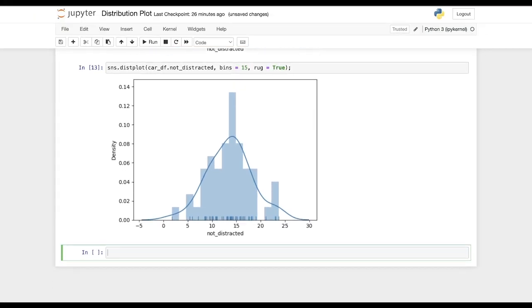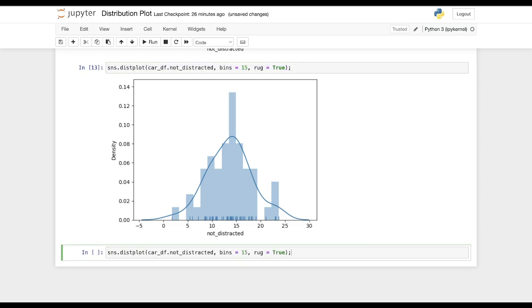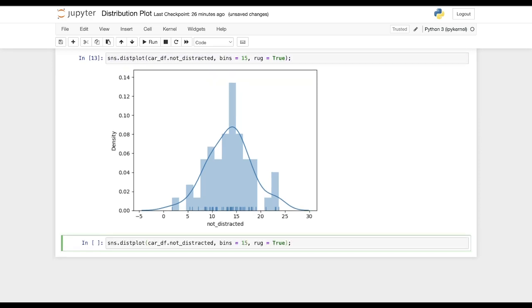Now currently in your distribution plot, you have your histogram, your KDE plot, and also your rug plot. What if you want to increase the height of these lines? To increase the height of the rug lines, let us just copy the syntax first, and you will change the height using rug_kws, which stands for keywords.